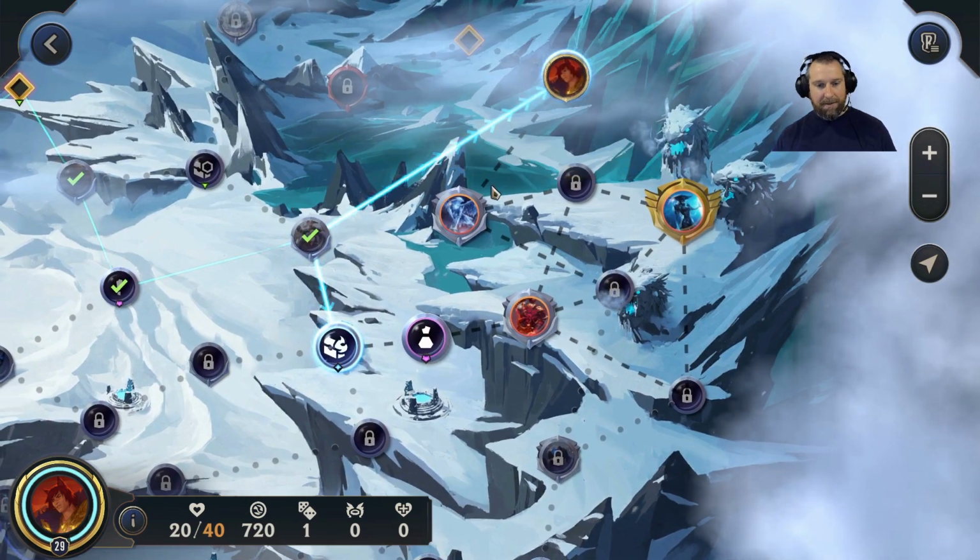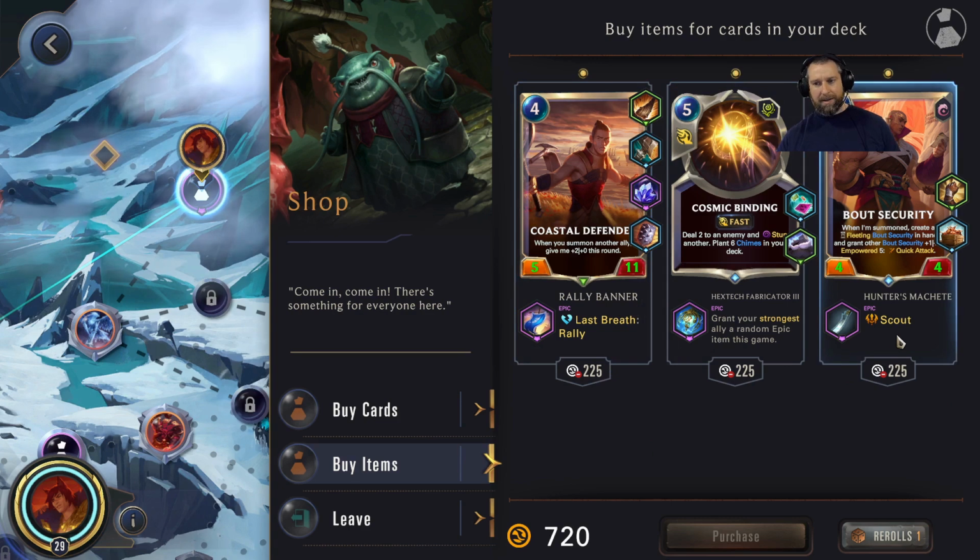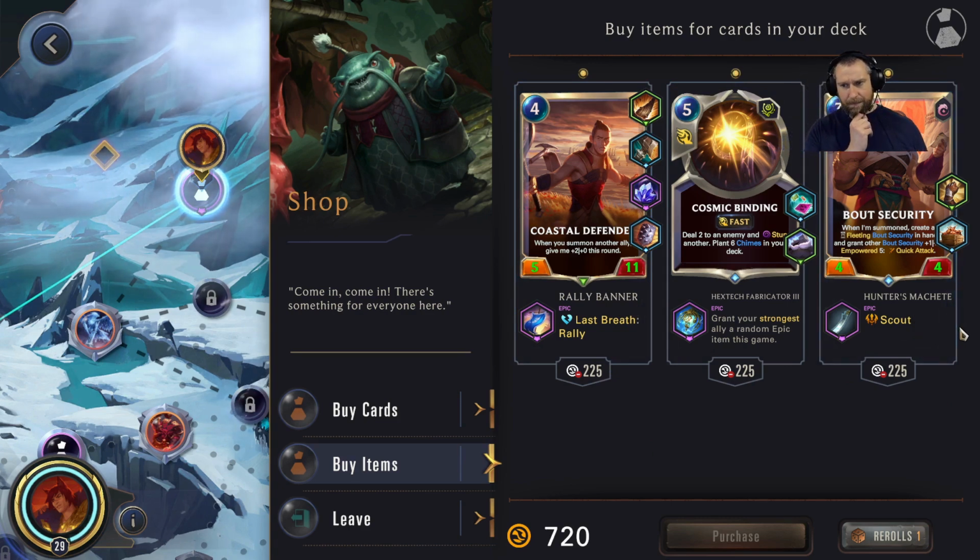And so off to the shop up at the top, the items with no rerolls. Got a rally attached to the Coastal Defender. I don't think that that's really a thing, but there is an interesting scout out here in the Bout Security. Trying to think if we're ever able to make scout attacks really work, right? It's like...